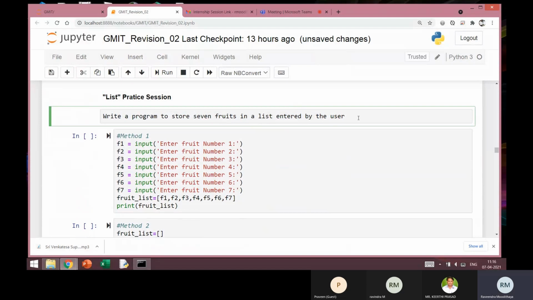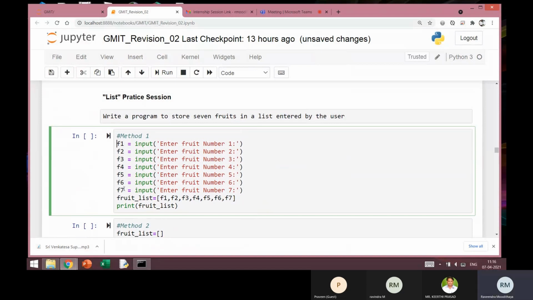Say, let's call that list fruit_list. So how can this be done? This can be done in 2 ways. I'll illustrate both of them. One which uses more lines of code, and another one which uses very few lines of code. So here, the first attempt is I will just create 7 variables, f1 through f7. So I will execute this input statement 7 times. Enter fruit number 1, fruit number 2, 3, 4, 5, like that. So I will execute this. Obviously, when I execute this, these 7 input statements will be executed with these different fruit numbers.